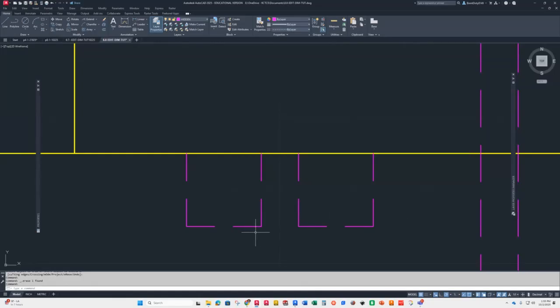Yeah, you can see them a little better. There we go. All right, so how do I do this? Well, I'm on the hidden line layer, go to line, and then all I got to do is, since I have my polar set to 30 degrees, I can just draw the line down 30. And then draw this down at a 30 or 150 going down this direction. And then you just trim it up